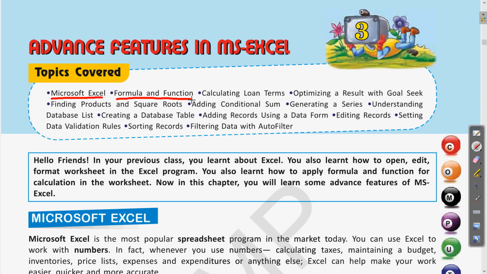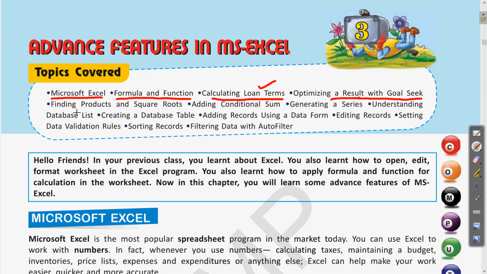As we know, Microsoft Excel is used for various calculations. We can create report cards, clear. Then also for some business purposes, for example, if you want to calculate the loan term, if you are having any loan on a certain interest, and a certain amount is required to be paid to the bank, this can be seen by terms like loan terms, clear. Then there is one more related term, that is goal seek, clear. These terms we will see, and we will also see how to use these features in Excel.